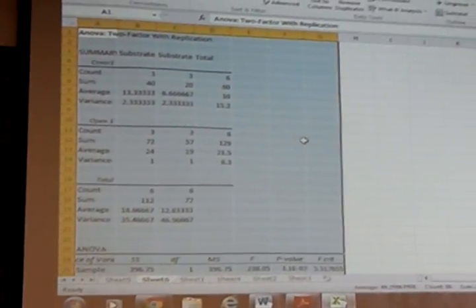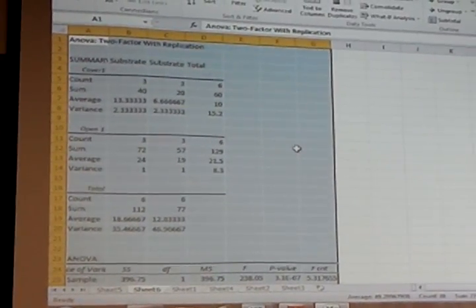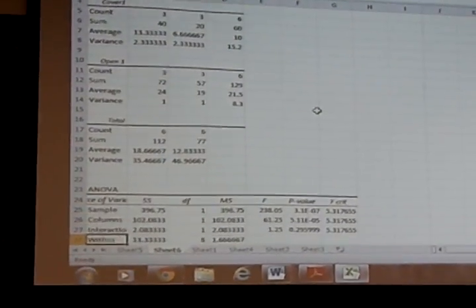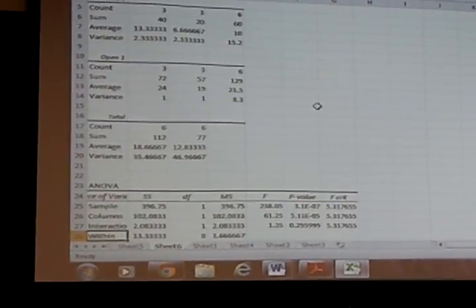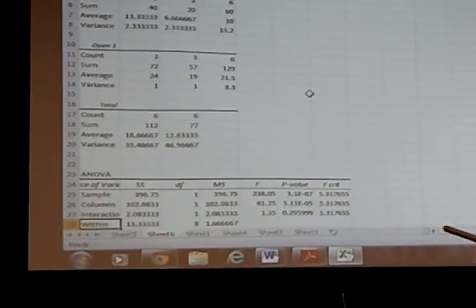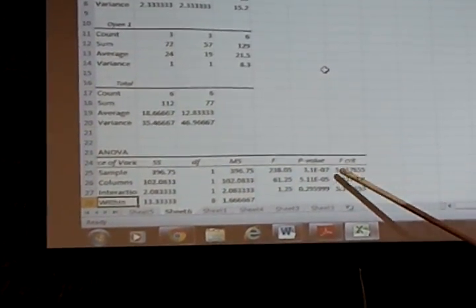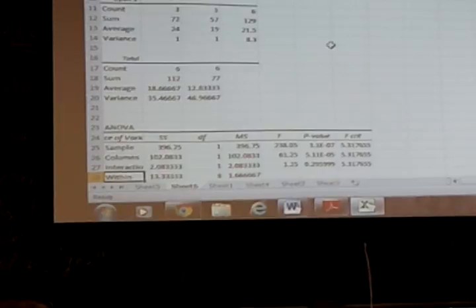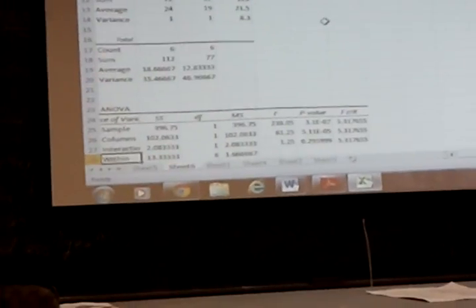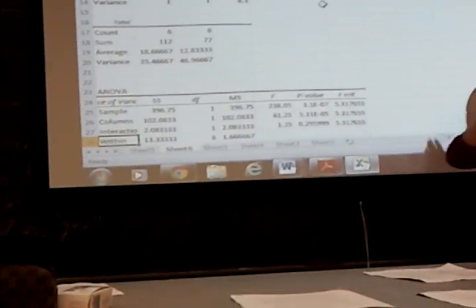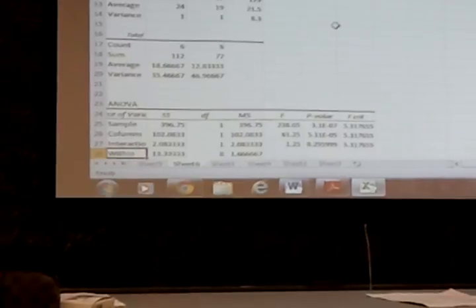And now it's going to spit this craziness out into a new worksheet, okay? Again, this is a lot of delicious information of which we only care about very little. So ignore all this stuff. What we care about is the p-values down here, okay? So what this is doing is it's telling you if your samples, so your rows, if there is a significance between the rows, and this says yes. This is the same thing. Is there a difference between the columns? Yes. But the cool thing about ANOVA is it's going to tell us if there's an interaction between the two,